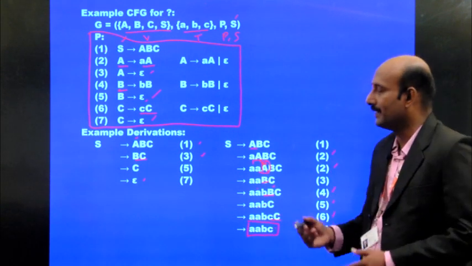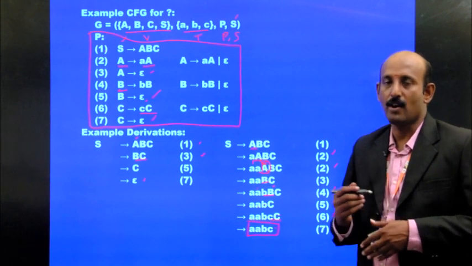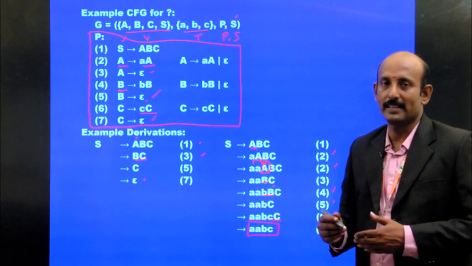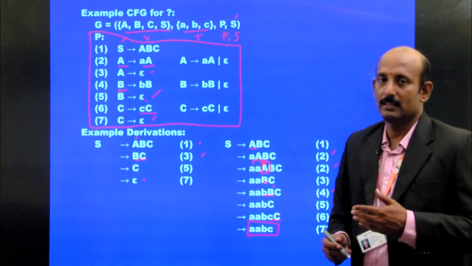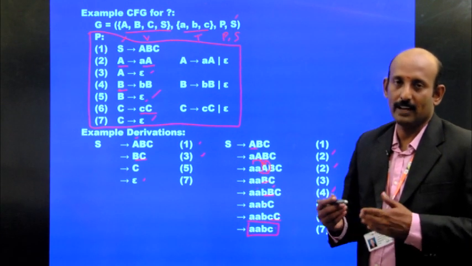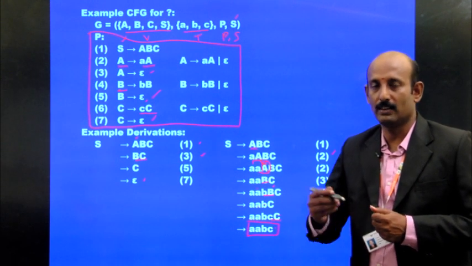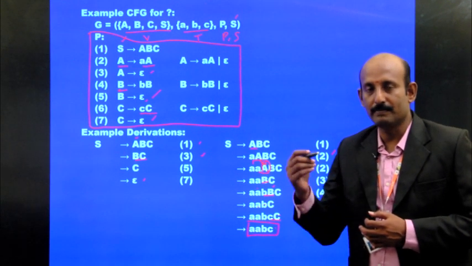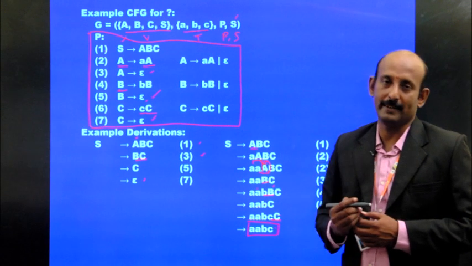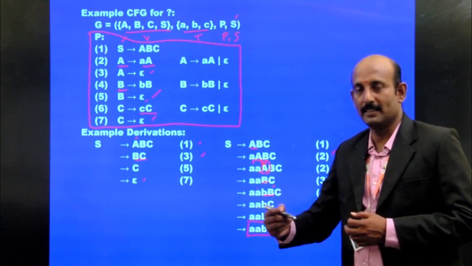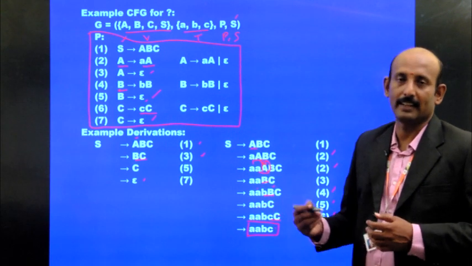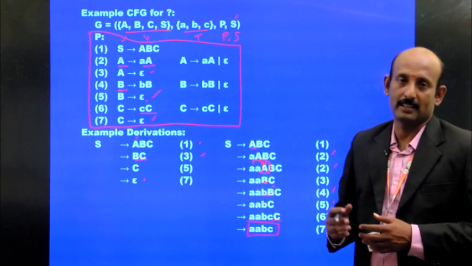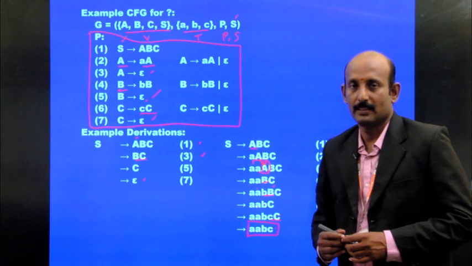So this is the way we can replace the non-terminals on the right side of these productions at every step. Do not replace all. We have to replace them one by one. We have to replace a non-terminal into a terminal or any other production, stepwise. At every step we replace only one non-terminal. Then in the next step we can replace the next non-terminal or reduce something. But we should not do all the replacements at a stretch in a single step. Okay.